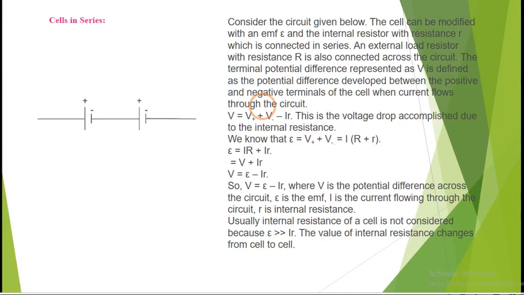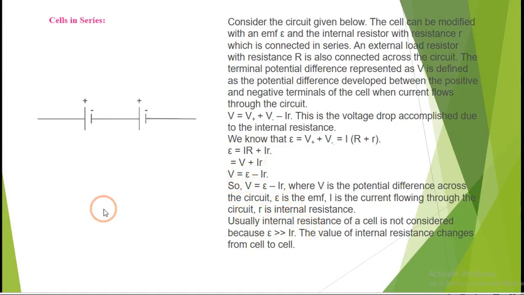As we all know, epsilon, that is EMF, is equal to V plus minus V minus, that is I in bracket R plus r. So EMF will become IR plus I into small r. In place of capital IR, we can substitute the potential difference. So EMF is equal to V plus Ir. So in this way, V becomes E, or EMF, minus Ir.